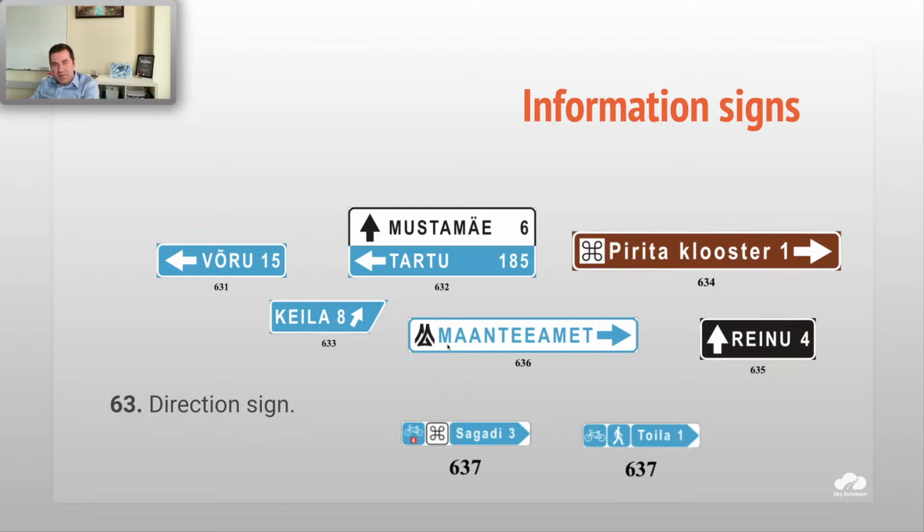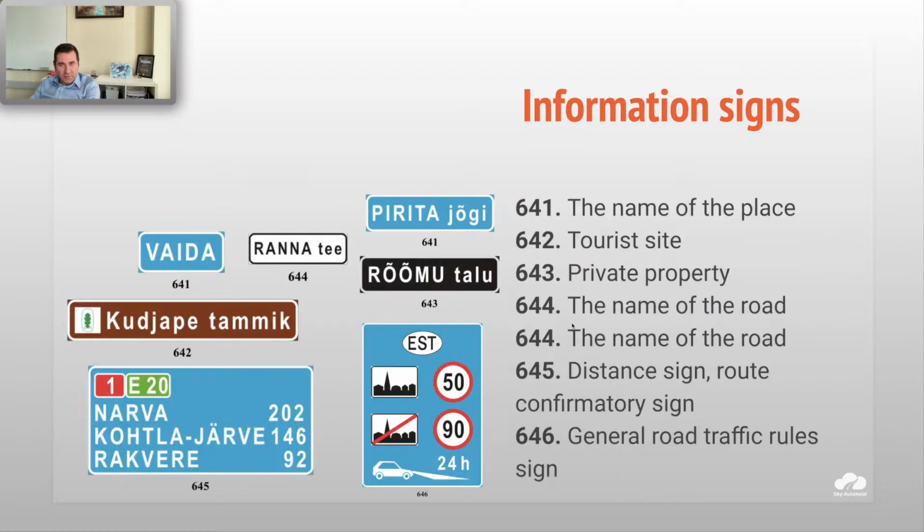And also this one in the middle, this Maantee-amet, you can see it's looking quite weird. It has blue letters, a blue frame and white background, and it shows you some organization. For example, the Maantee-amet is the road administration, the place where you'll be taking your state exam and theory exam also. You can see the name of the place, the name of the road, the name of the river, the name of some private property like Talu, which is a farm, and also